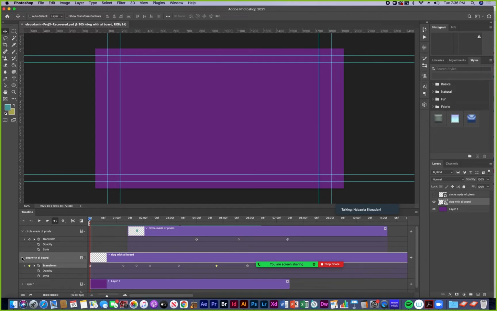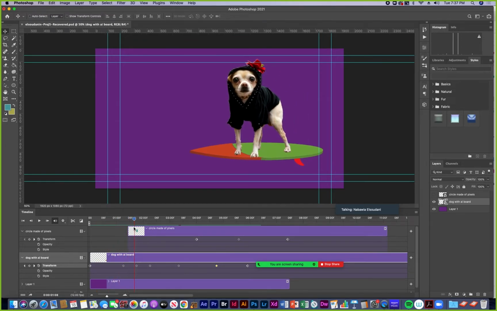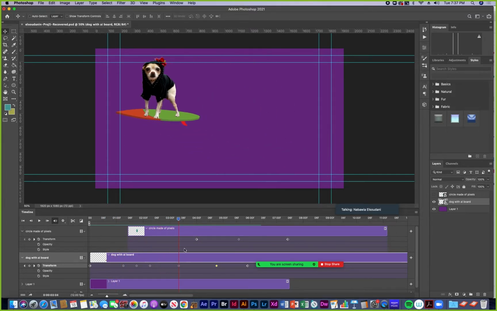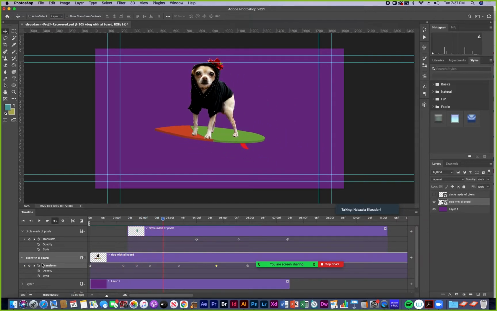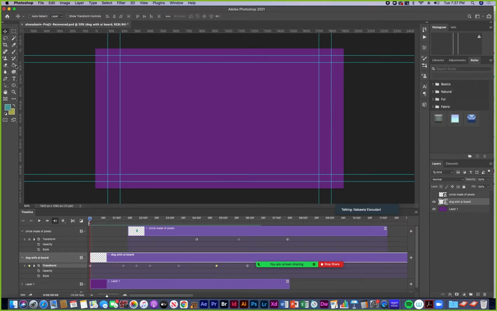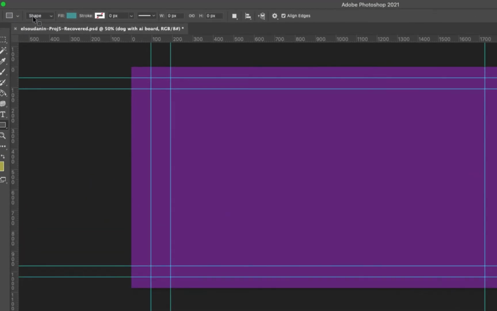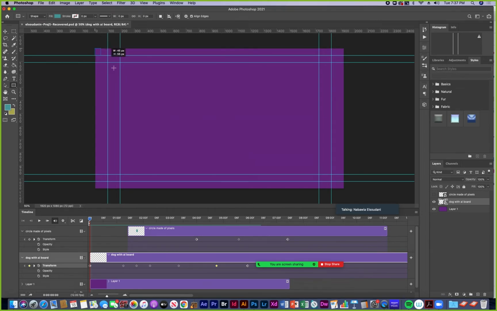And so next I want to show you some frame by frame options, because sometimes when you animate with frame by frame animation, it will make the animation more interesting. Actually, before I do frame by frame, let me try something else. I'm gonna add a shape layer. So I'm gonna go to my shape tool here. I'm gonna use the rectangle, and I'm gonna just draw out a big shape,